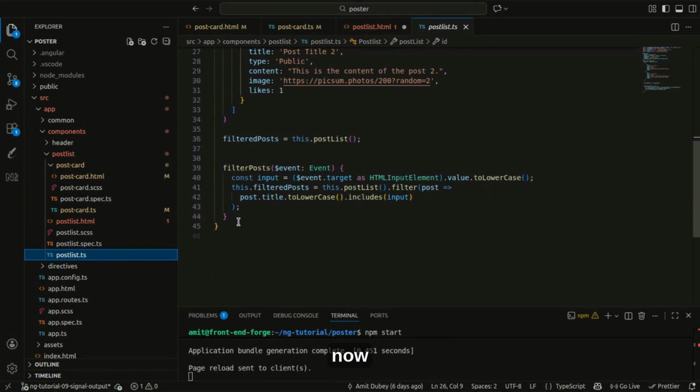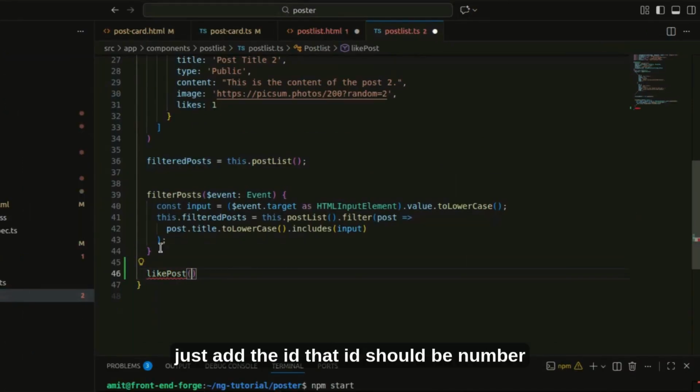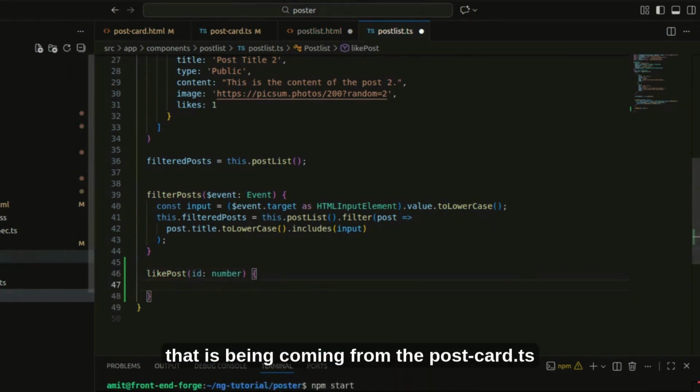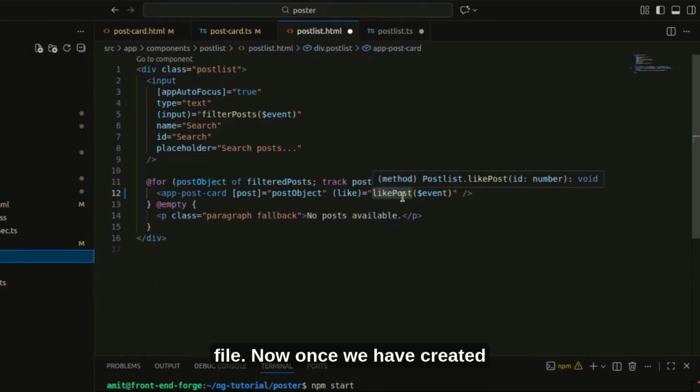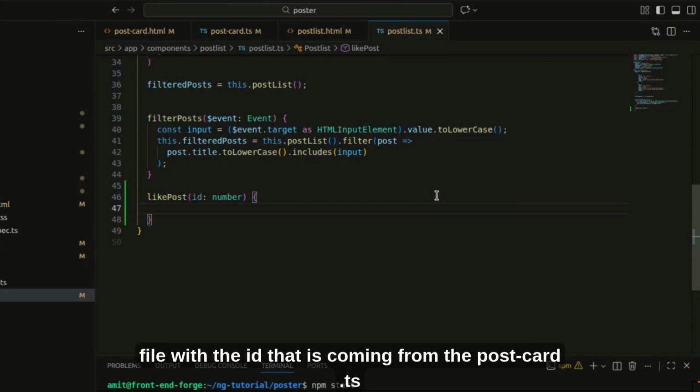Okay, now we have created the function, and I'll just add the ID. That ID should be a number. That ID is basically the event that is coming from the postcard.ts file. Now once we have created the method like post inside our postlist.ts file with the ID that is coming from the postcard.ts,